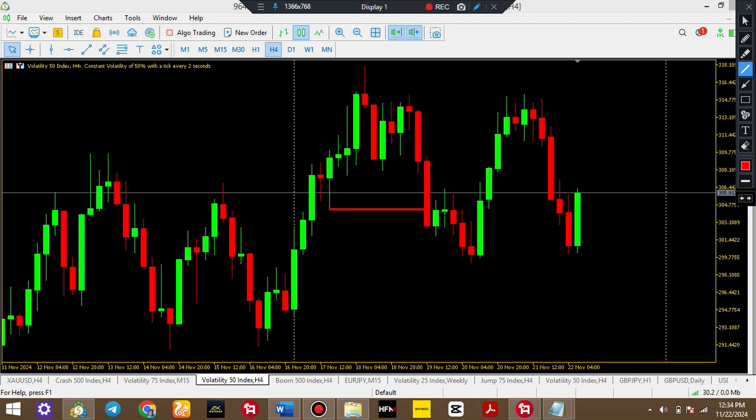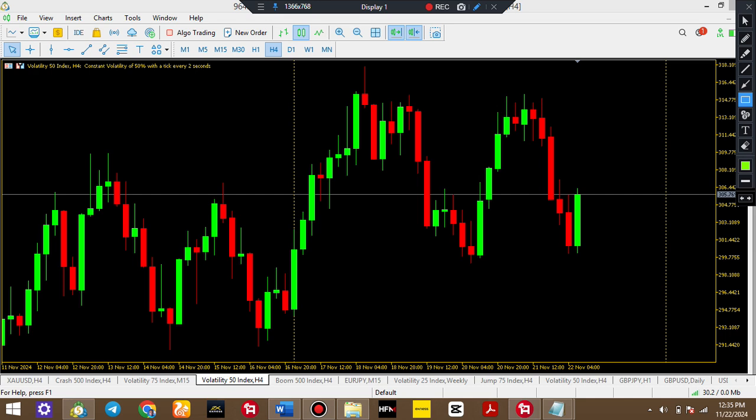Price broke it, right? So which makes here an area of what? Area of interest. That means a bearish order block or a supply zone. This is why you have to check your chart very well before you make analysis. Exactly. Very, very important, because sometimes just a little error can make the whole thing go against you.